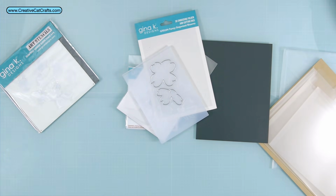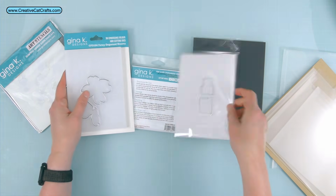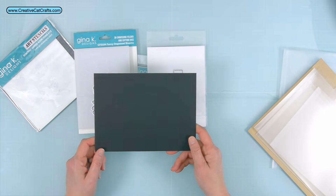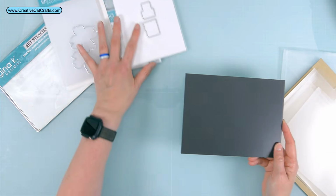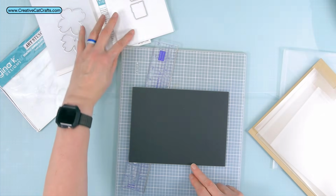You can cut them apart. You can leave them together. I am leaving them together. So this would be a wasted magnet if I used 2 of these, one for each set of dies. So I usually take, when I have smaller sets of dies, one of these magnetic boards and